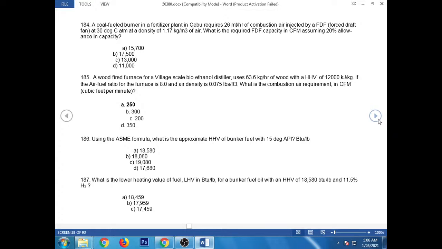A wood-fired furnace of a village-scale bioethanol distiller uses 63.6 kg per hour of wood with HHV of 12,000 kJ per kilogram. If the air-fuel ratio for the furnace is 8.0 and air density is 0.075 pounds per ft3, what is the combustion air requirement in CFM, cubic feet per minute? Answer: 250. Using ASME formula,